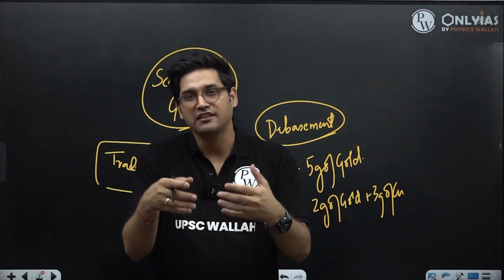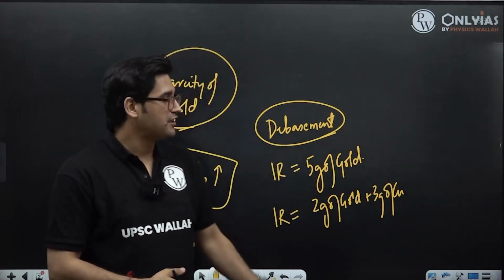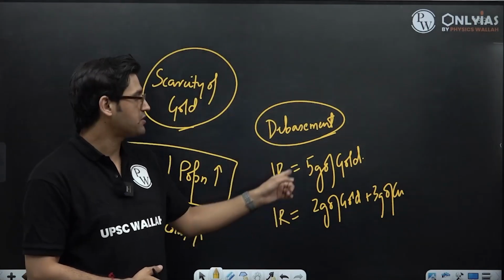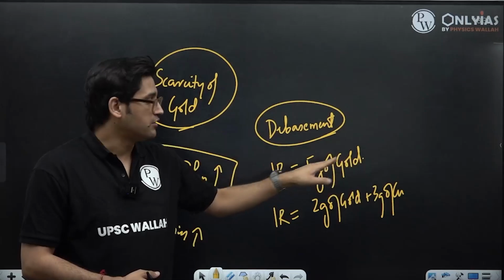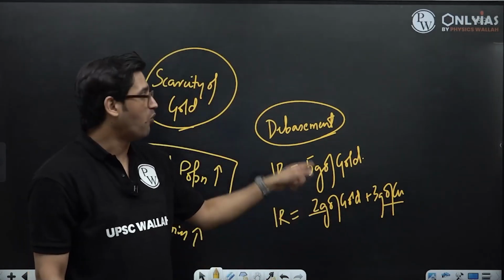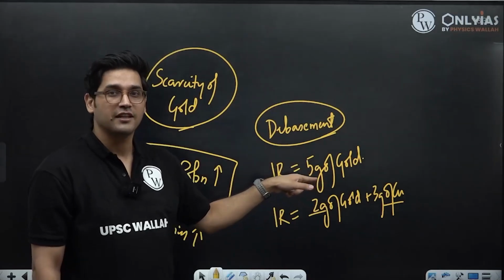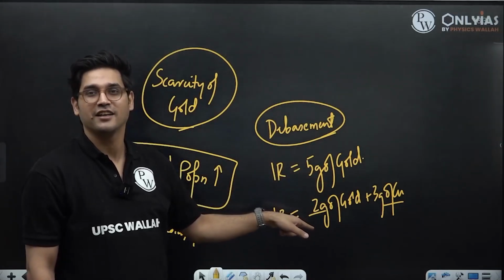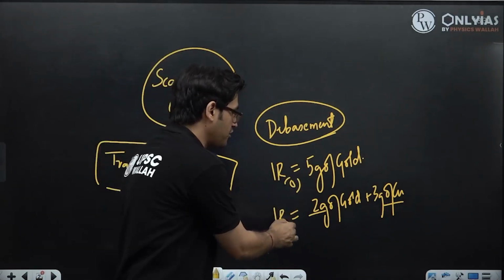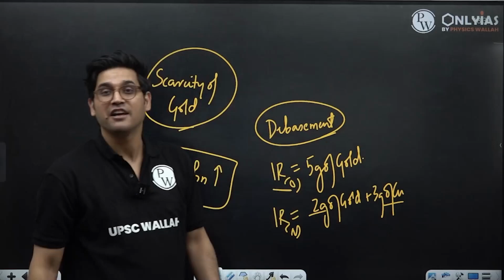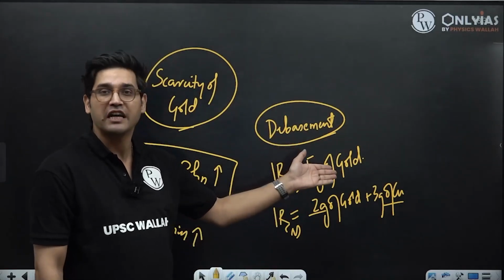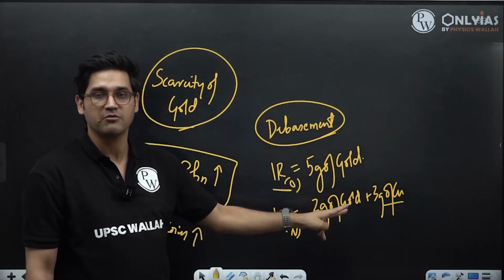But everybody in this economy is eventually going to know that the new ranchans which are issued are not the same as the previous ranchans. Previous ranchans were 5 grams of gold. The new ranchans are only 2 grams of gold and 3 grams of copper. One currency becomes good currency, the other currency becomes bad currency. And if you have both of these ranchans, this is ranchan old and this is ranchan new, you are not going to be willing to let go of the old ranchans because you know for a fact that they had 5 grams of gold and the new ranchans have only 2 grams of gold.